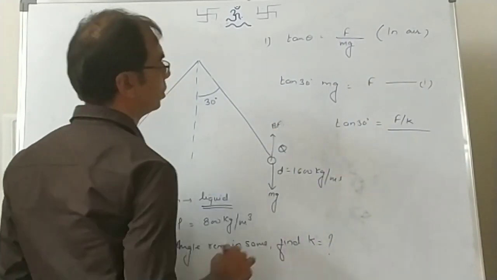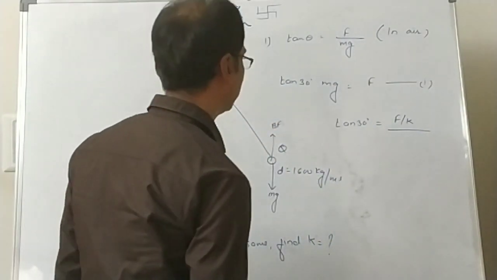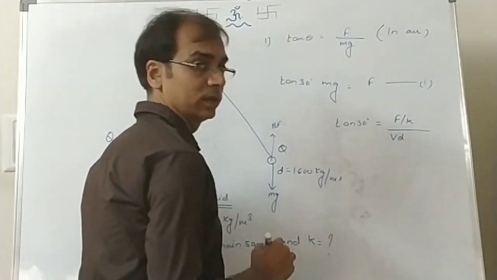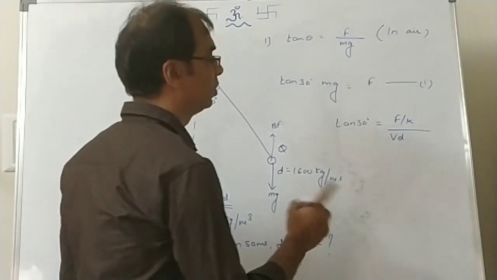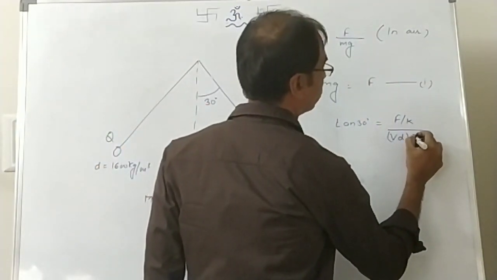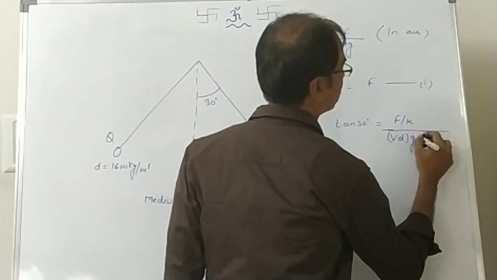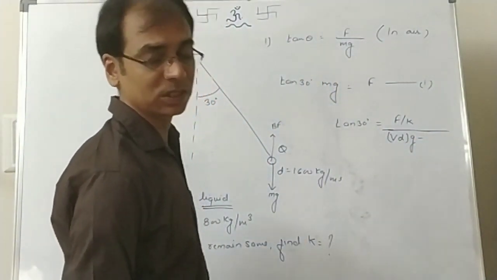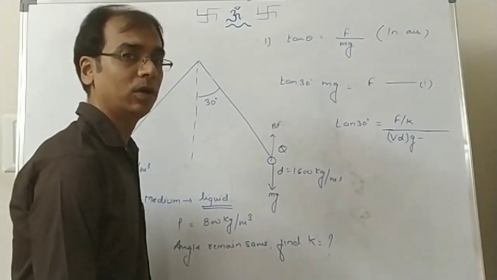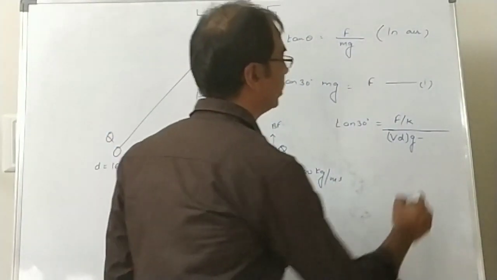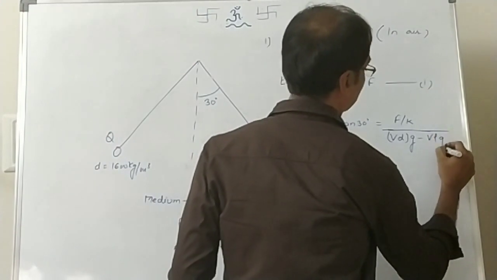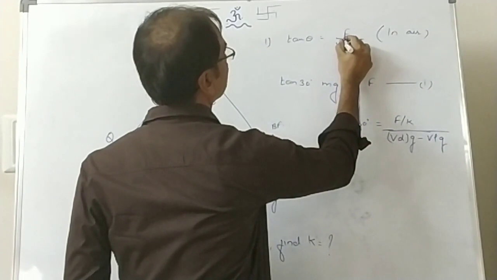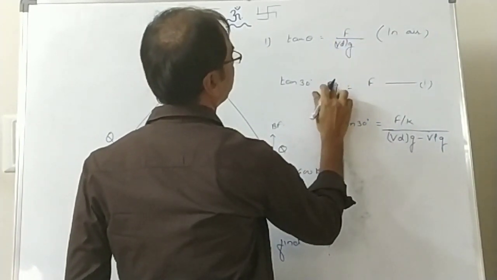So what you will do in this case, we are going to write this as V into the density of the ball. V into the density of the ball becomes m into g minus the buoyancy force. Now the buoyancy force will be what? Again, this is a metal ball, so it will be fully inside. So it will be acting on the entire volume. So this will be V, rho and g. And here also we will change this m into V into d. Here also V into d.